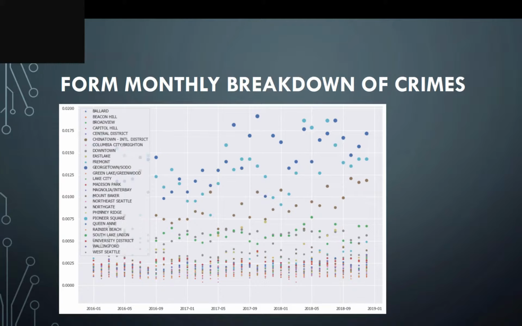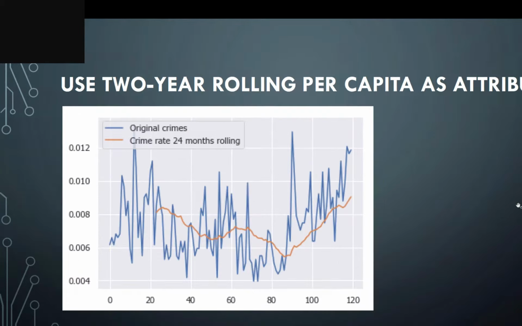Once we have done that, we can start taking a look at the data we have regarding the crime. So let's try to obtain the monthly breakdown of the crimes in each district. Here we see the data on a monthly basis, and the larger the circles are, the more crimes were committed in that time period. So we can see that it's an indication that Georgetown, Pioneer Square and Chinatown seem to be rather dangerous districts, and we would not recommend our clients to find flats in those districts.